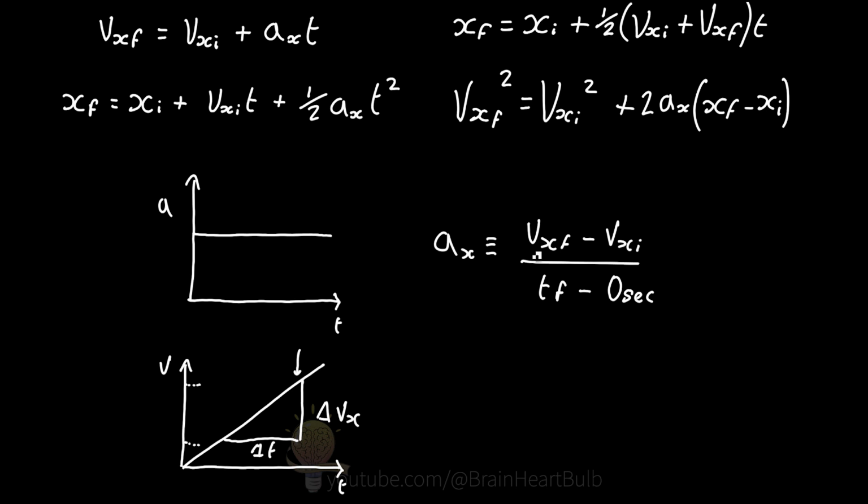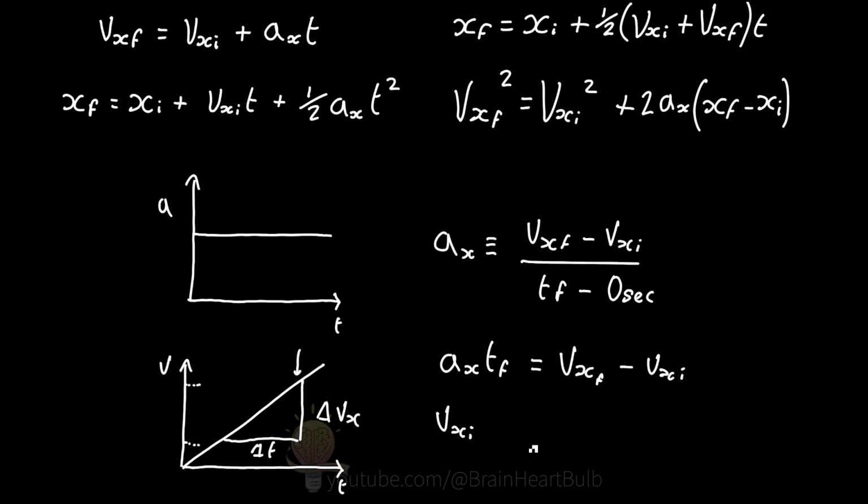And with this equation here, we can transpose it to make the final velocity the subject of the equation. So if we do that now, if we multiply both sides by the final time, we get a_x t_f is equal to the final velocity minus the initial velocity. If we add both sides by the initial velocity, we get